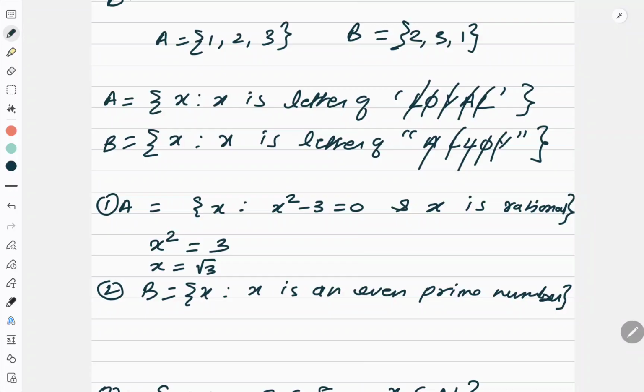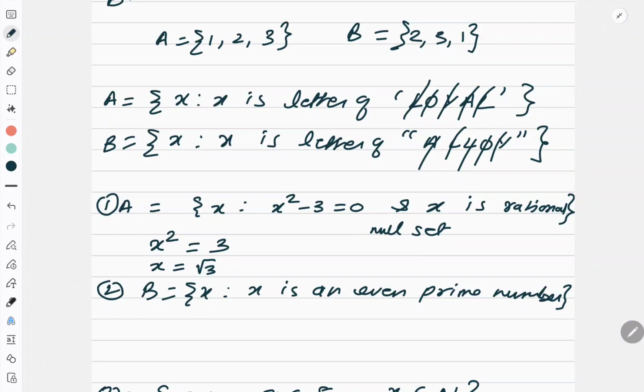Okay, what are irrational numbers? If you remember, in 9th grade you learned that if a number is non-terminating and non-recurring, then it is irrational. And we all know that the value of root 3 is 1.732 and so on. It will keep on going. Neither will it terminate, nor can you see any repetition in a particular pattern. So root 3 is an irrational number. So in this case, the answer is the null set or empty set.